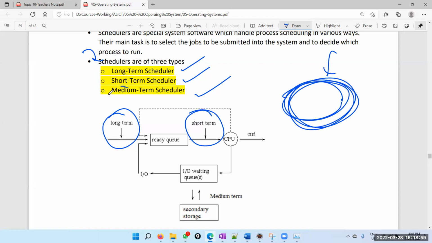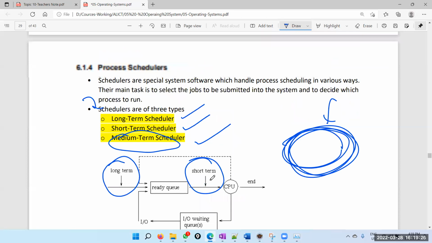The medium-term scheduler is the one that decides whether you put a process into the blocked state, and mainly considers whether to put it into suspended or not, or take it from suspended to ready, or whatever. So that is the medium-term scheduler. If you look at this diagram,